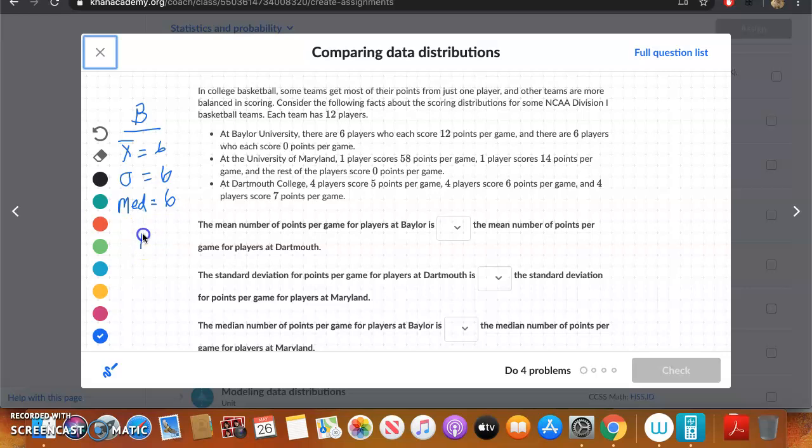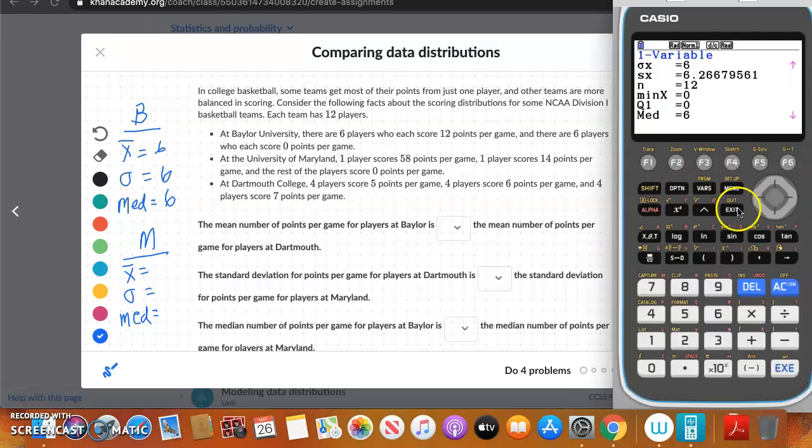So let's do it now for Maryland. Okay, we're going to need the same information, right? Sigma and median. And then the same thing now for Dartmouth, right? Mean, standard deviation. By the way, this is sigma, the Greek letter sigma, which represents standard deviation. Okay, so let's go back to our calculators and redo this now for